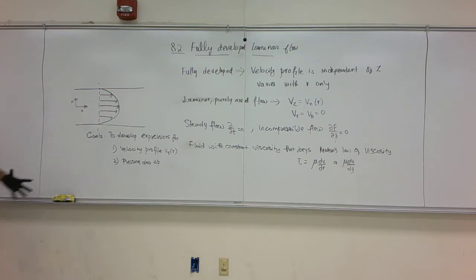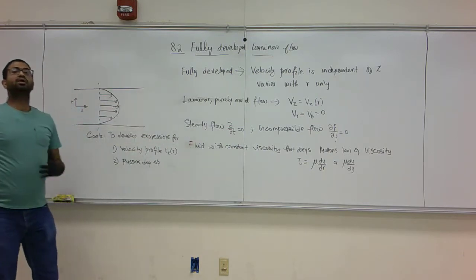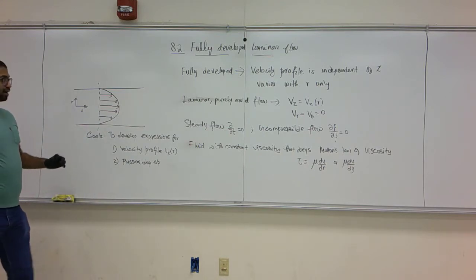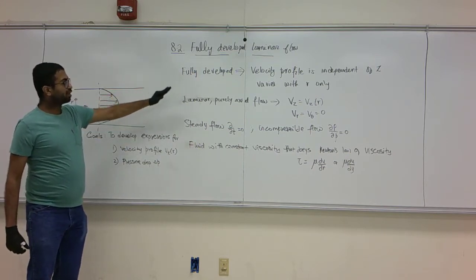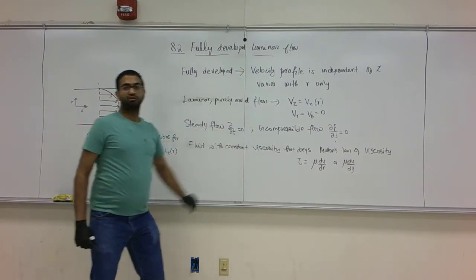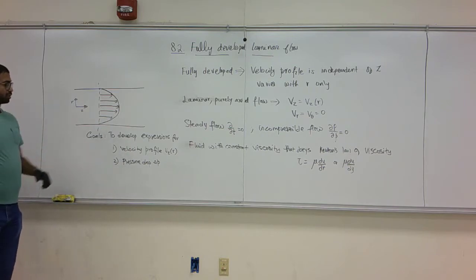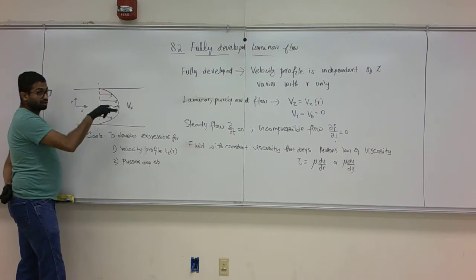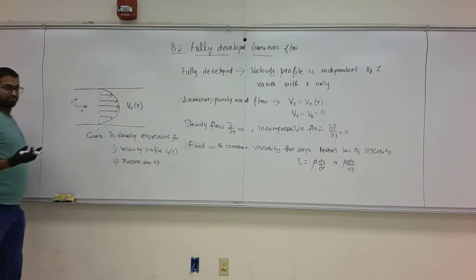So with these assumptions, these are our parameters. Whatever expression or analysis we derive is going to be under these restrictions, so you should carefully remember them: fully developed, laminar, steady, incompressible flow of a Newtonian fluid. We are going to develop expressions for the velocity profile. That is, if Vz is the velocity along the z direction and it depends on r, we want to get an expression for that.